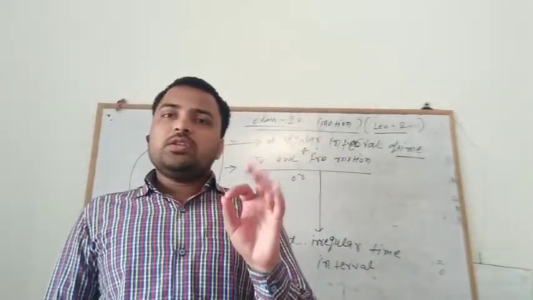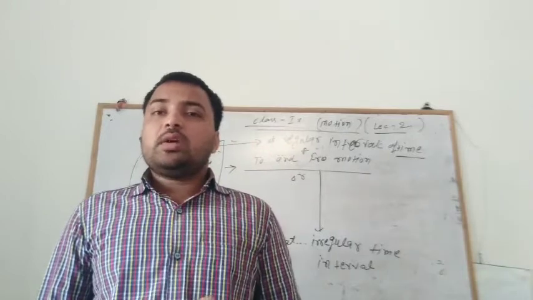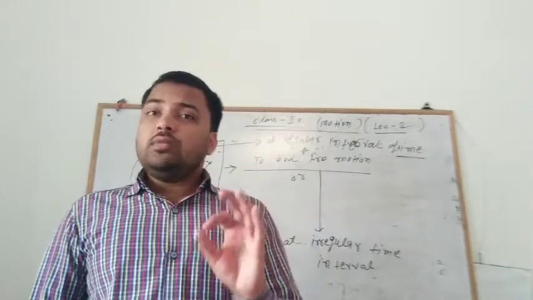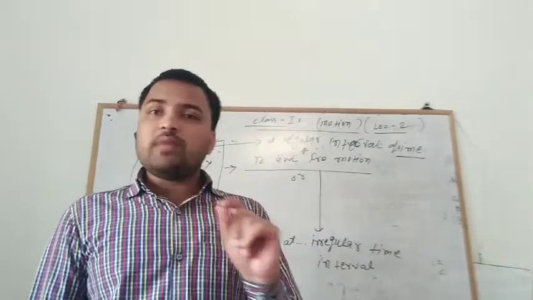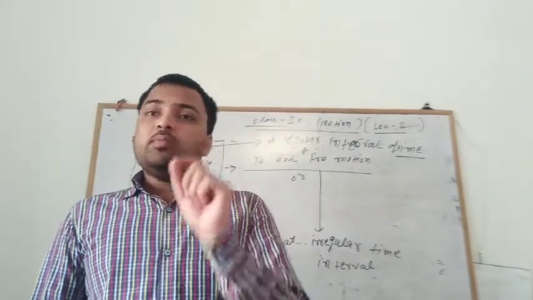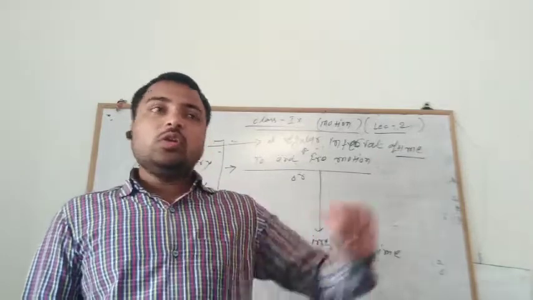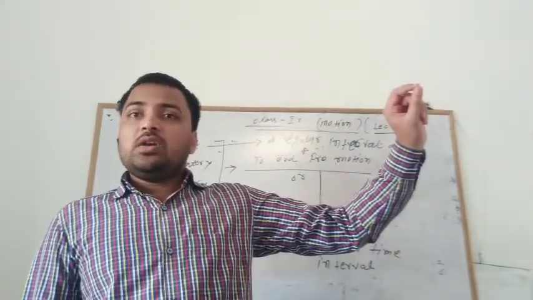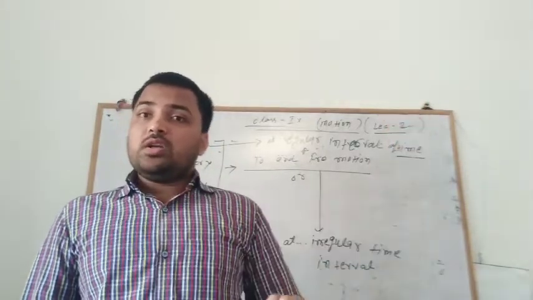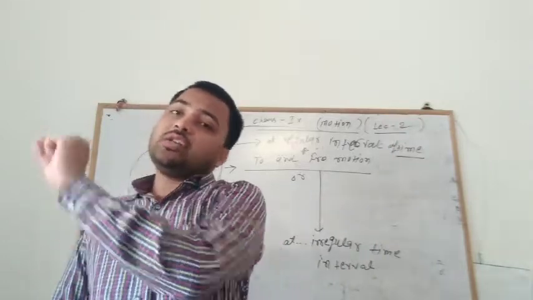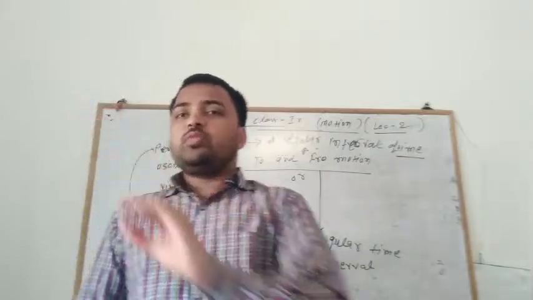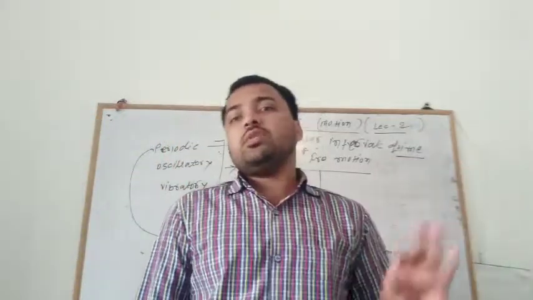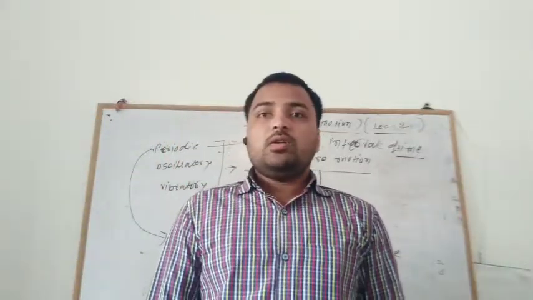Consider the pendulum of a clock. The pendulum of a clock is always in to and fro motion, and it always moves with a regular time interval. From the mean position it goes toward one side to the peak, then at the same time goes from the mean position to the other side's peak, and in this way it always moves in to and fro motion at regular intervals of time. Okay.